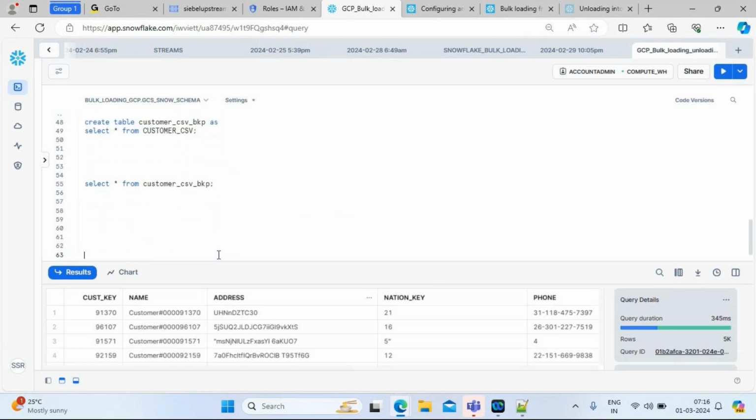I did the complete loading activity, the bulk loading activity. Now I'm going to do the unloading activity. Unloading means table to